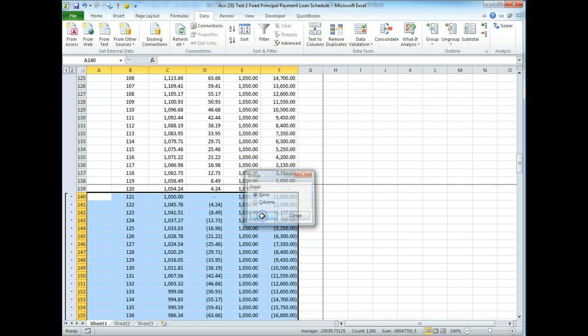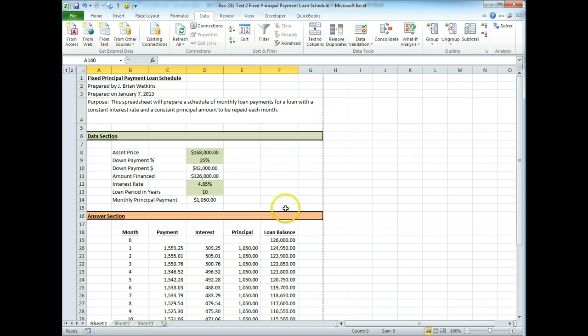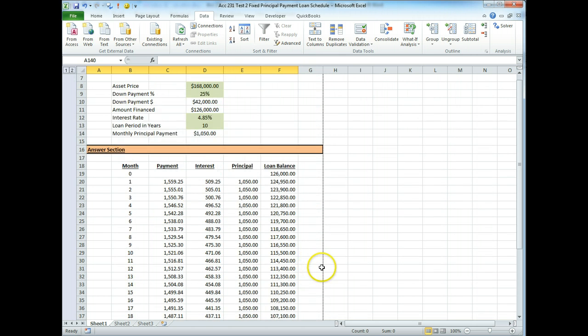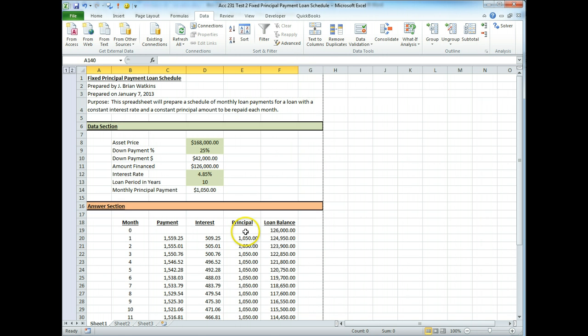I want rows. Okay, now it puts a bracket over here, and when I click on number 1, it folds that right up so that you don't see anything past this amount. So if I was asked to just email this over to the boss, I'd take a quick look at it. Let's make sure everything's fine. There's a problem. We push that up. Okay. Let's check our